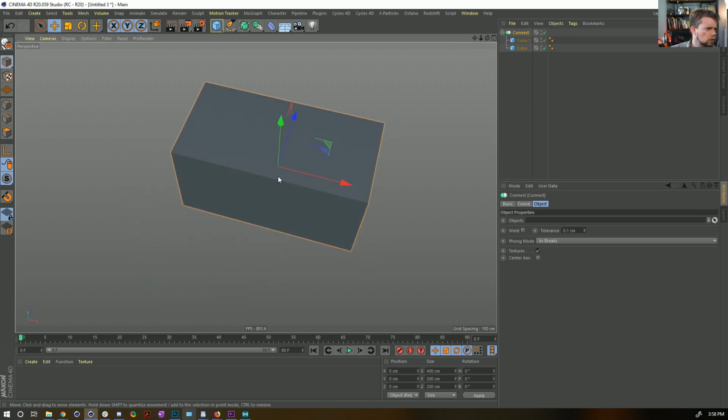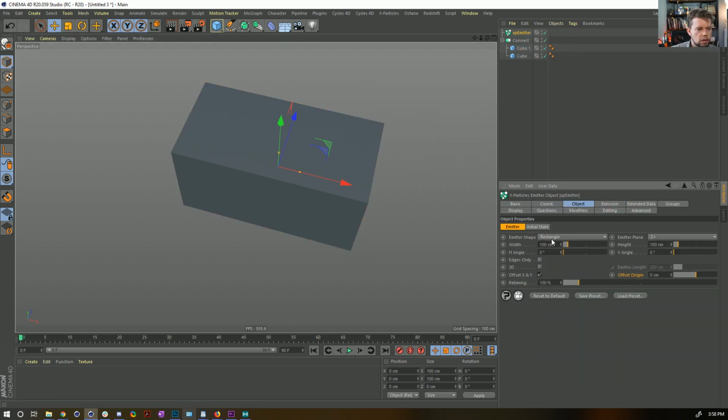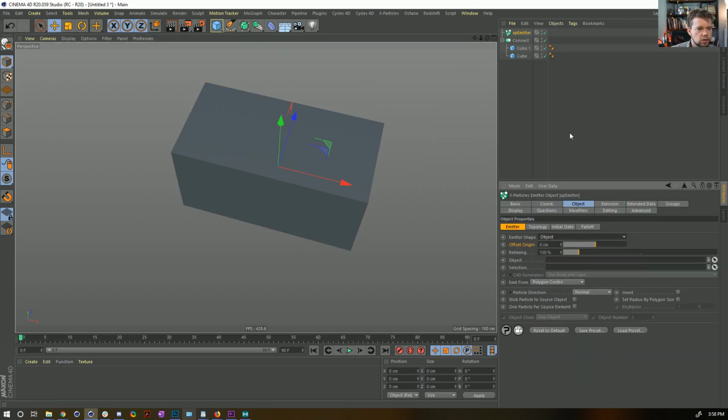We can see a bunch of particles exist, but if any exist on that middle line, then they're not behaving correctly. So let's go ahead and create an emitter. And the emitter is going to be based off of an object. And the object is going to be the connect. They're going to emit from the polygon area based on the normal, stick to the object,